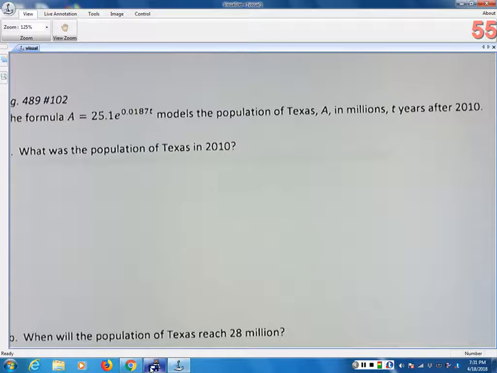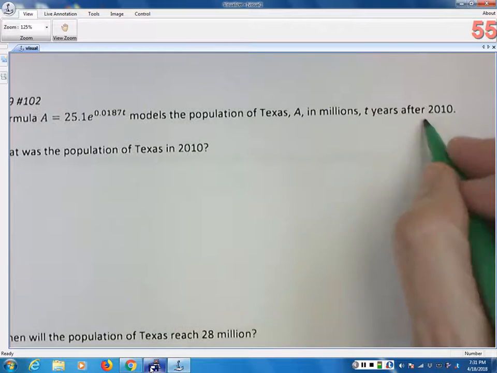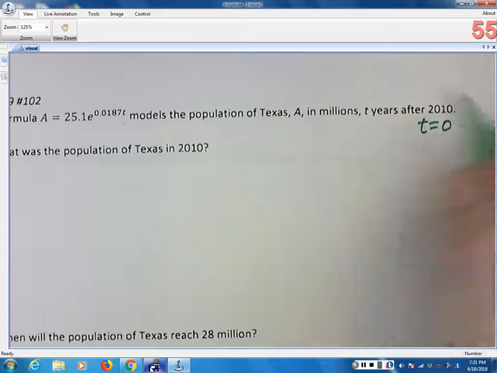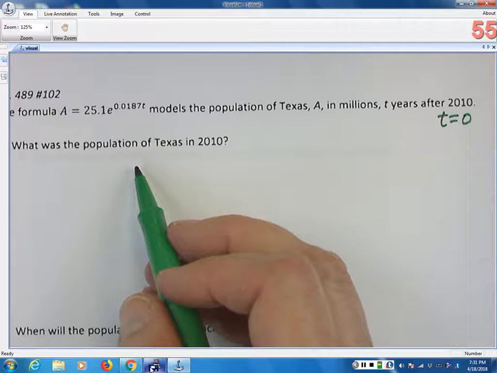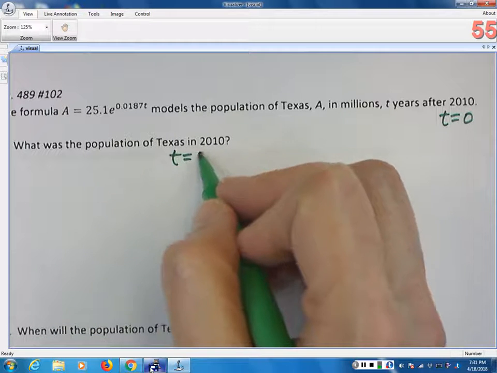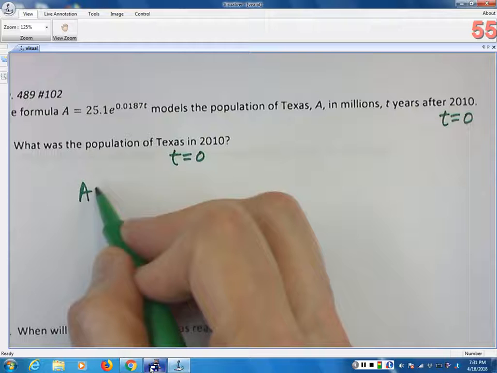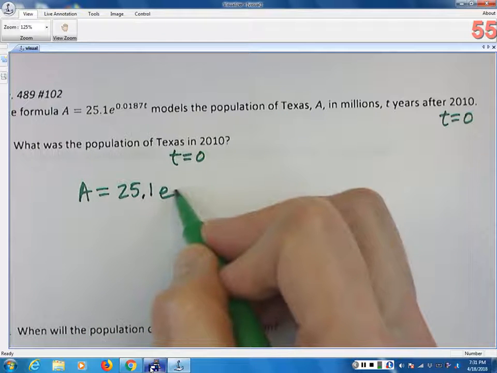So T years after 2010 means that in 2010, T will be 0. So T equals 0. So what was the population of Texas in 2010? So we just fill in T equals 0. A equals 25.1 e to the